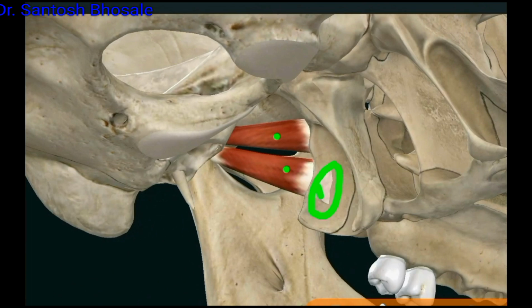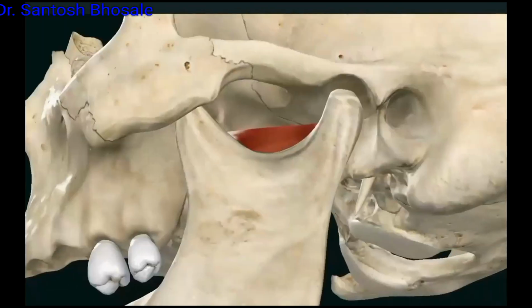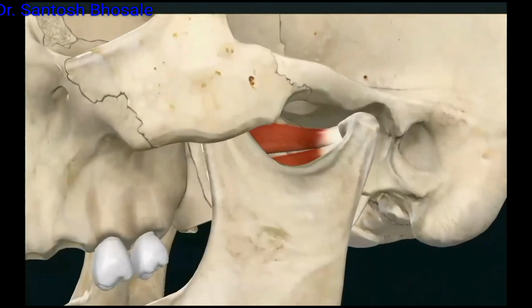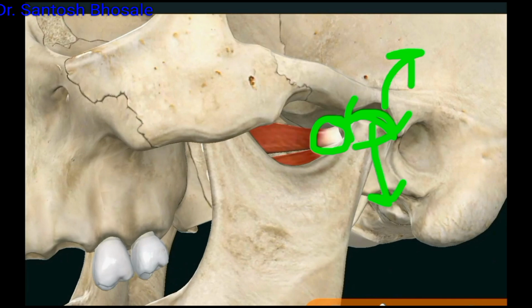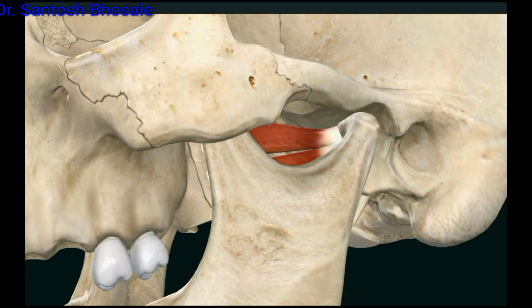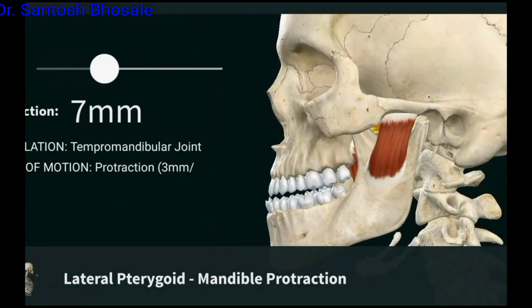I told you to remember 4 L's. Here you can see this greenish area, that is the medial pterygoid muscle origin there. So the lower head of lateral pterygoid comes from the lateral surface of the lateral pterygoid plate and inserts into the pterygoid fovea, and this tendon will continue as the articular disc, dividing the joint into 2 cavities, above and below, as shown there.